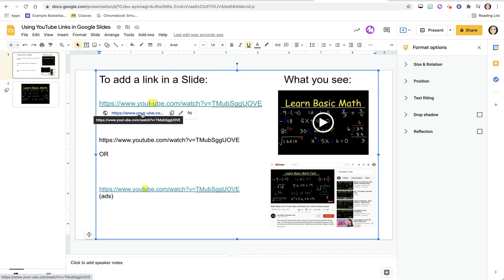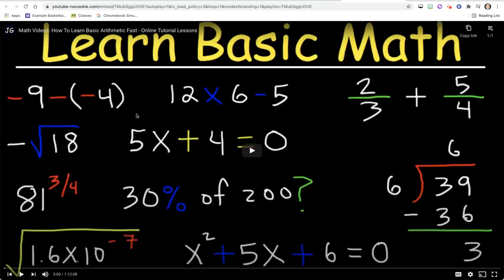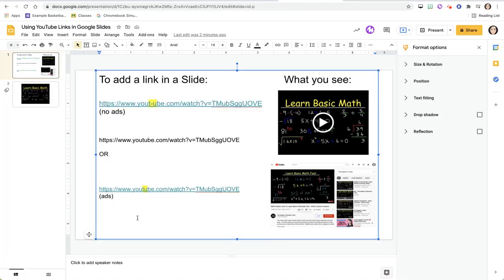So let's try that now. We're clicking on the link that has the dash in between the T and the U. And you'll see that the video is coming up. It's full-size screen. The child can then play, and the video will play. Okay, there's no related videos around on the side to keep them distracted. All right, so the first way to use YouTube in a Google slide is simply to add a hyperlinked link,